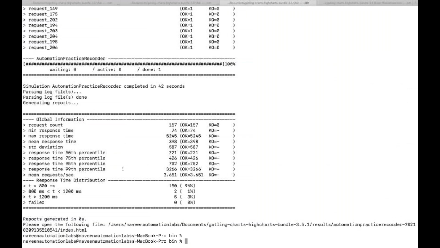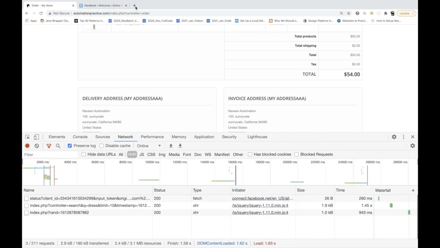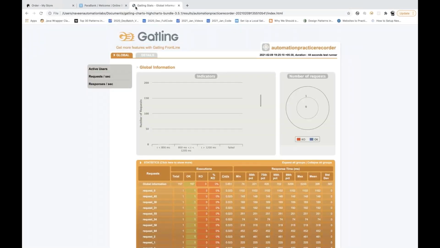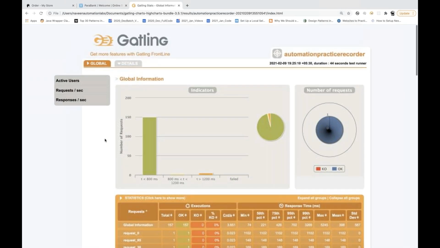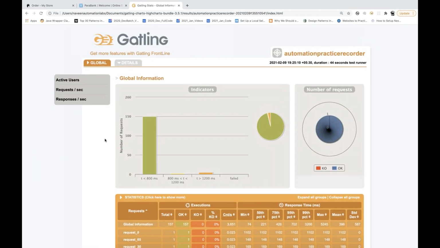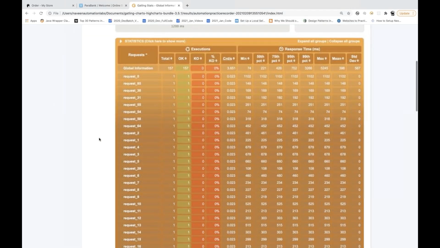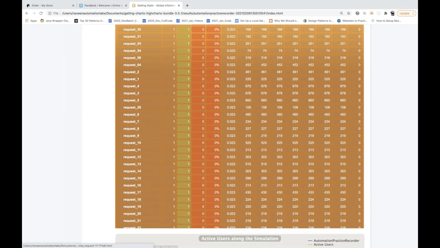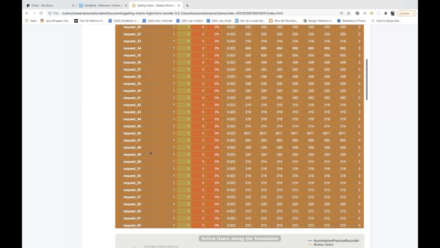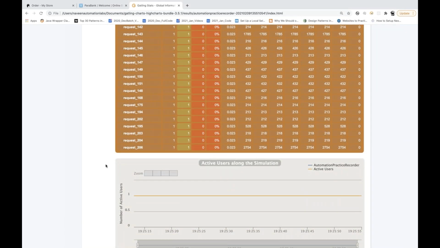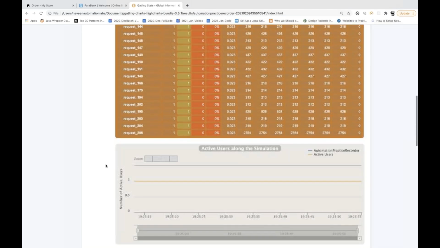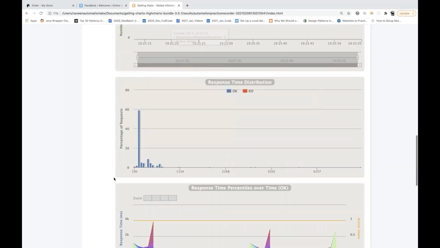So what I'm going to do is simply copy this particular HTML path, open it in a new tab, and let's see the report. See the report, guys. Amazing report, right? We actually did one performance test for automationpractice.com, and these are the requests that it is using. Later on you can rename these requests, but you can see the number of requests available, and if any errors are there it will show you the error section, but right now we don't have any error.